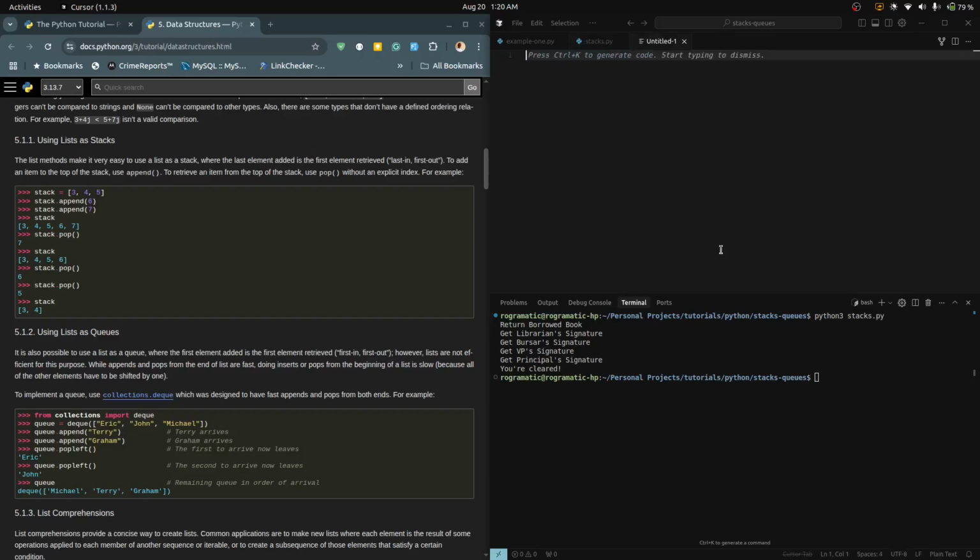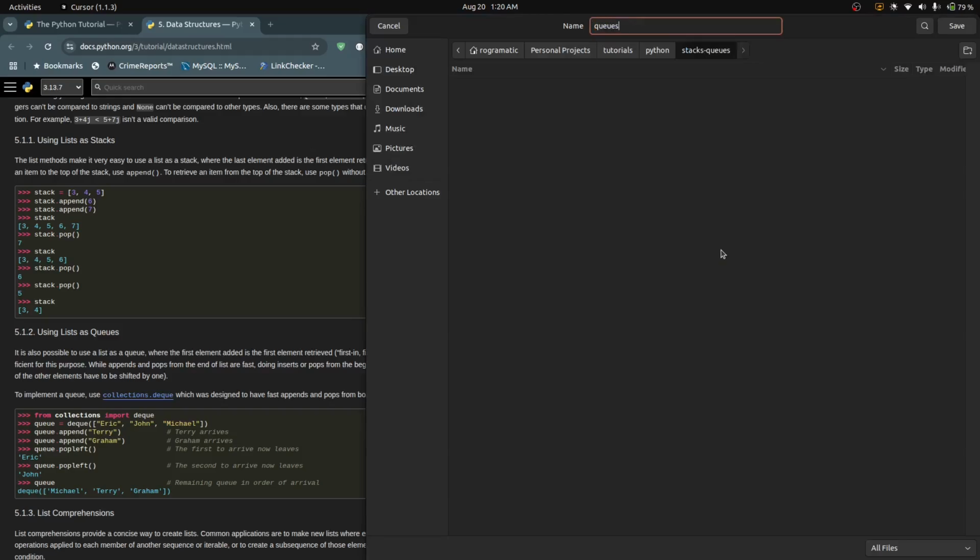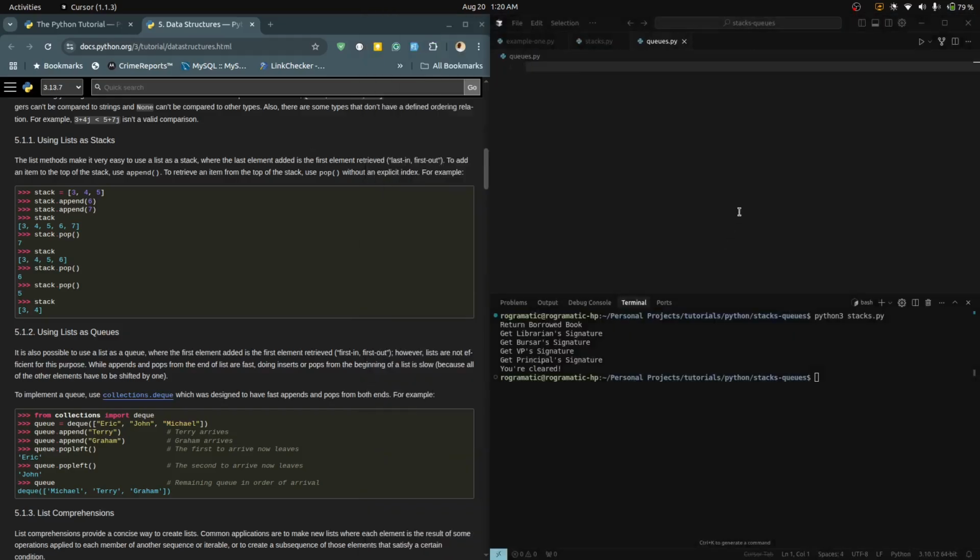We'll create a new file. Let's save this as queues.py. So let's create a list. In Python, for us to be able to work with queues, we need to use a module called deque. We're going to import a module from the collections library called deque, and that is what we're going to use to create our queue. So we're going to say from collections import deque,